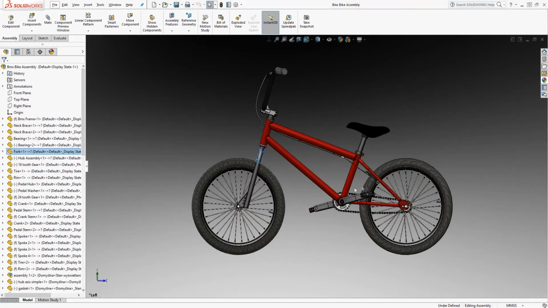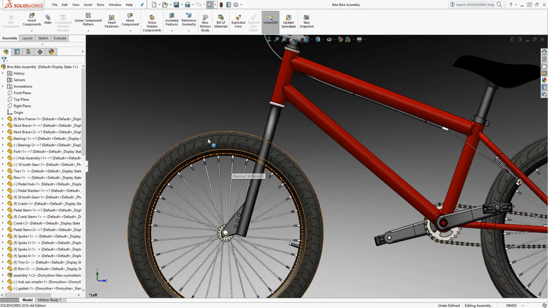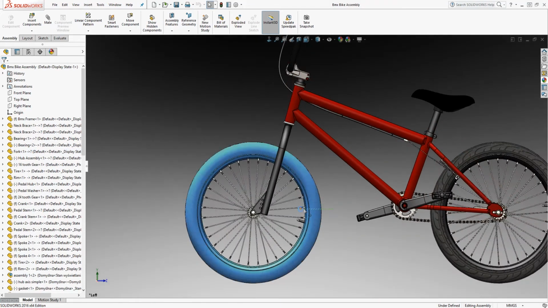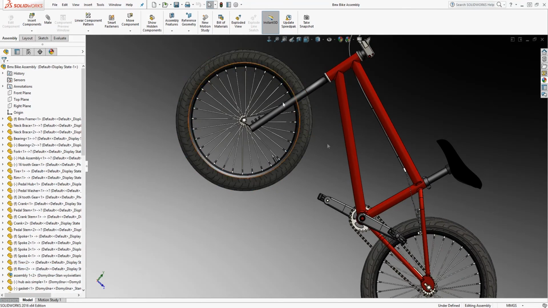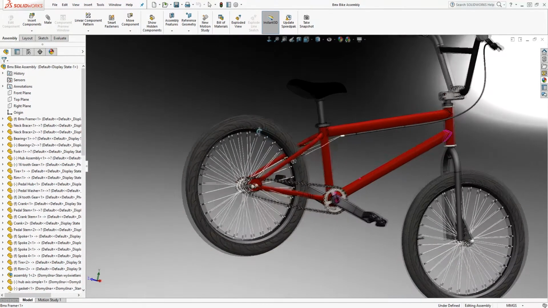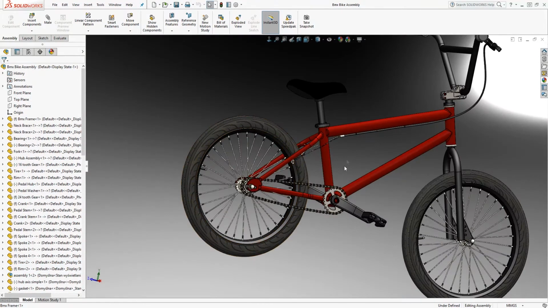Even the tire itself is just a texture map. It's not a model, and as you can see when I click on it, it's just a texture map. So once I've grouped my parts by appearance, the next thing we are going to do is